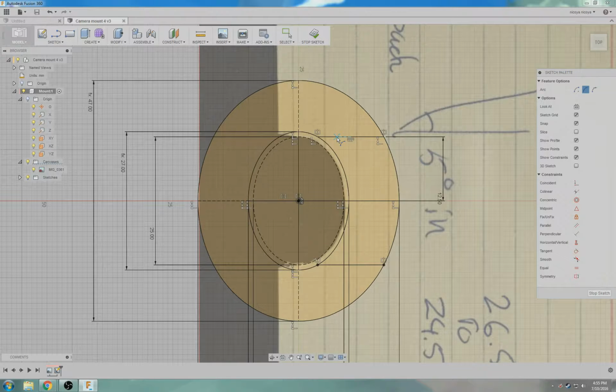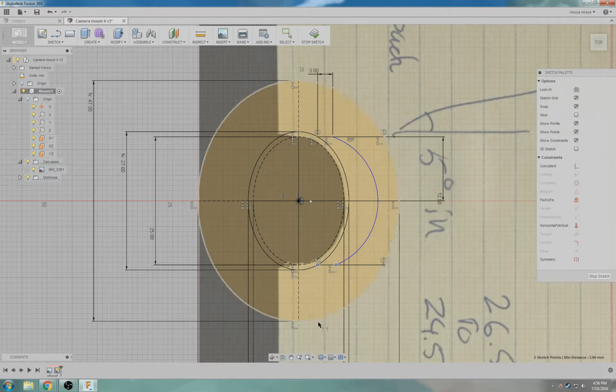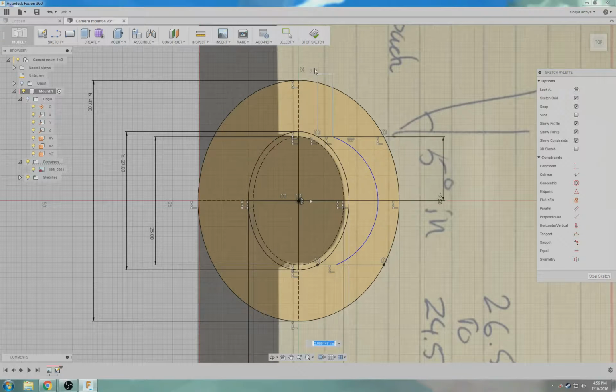Will this make us happy? We'll be on that line, and then we'll be on that line. And can we, yeah, it's fine like that. And then we'll be somewhere on this line. And let's see what we can dimension. Can we dimension this from here to here? Yes, we can. So let's make that 3 mil. And dimension from here to here. This wasn't working in a different sketch, so it's going to be equal to D48. Thank you. And now we can dimension